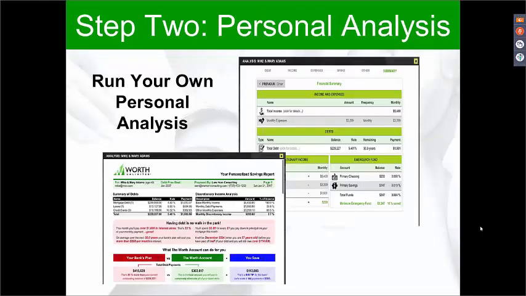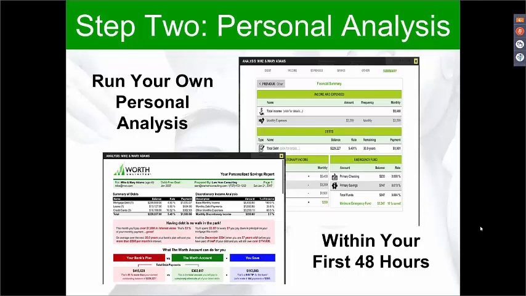Step 2, you should run your own personal analysis. And that should be done within the first 48 hours. And I've had people call me continually and say, Mac, I have this situation. Will the program work for my prospect? Well, you know exactly what that tells me is that you never got with the prospect to say, let's get an analysis done. Here's what I want to tell you, and I want you to make sure you all are aware of this,